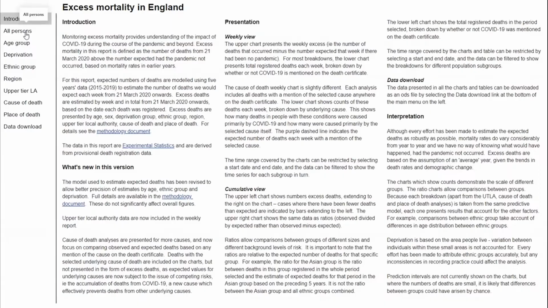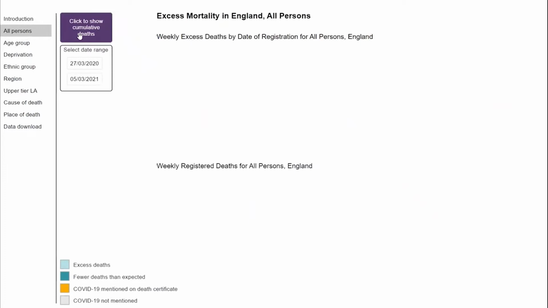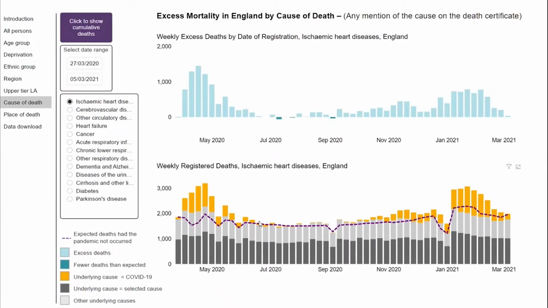People have asked how can we compare 2 different time periods, which has led to the interactivity of the report. We've had a lot of data requests, so we started to put the data with it. We've changed the subgroups that we contain in the report, and also the way that we do our cause of death analysis.